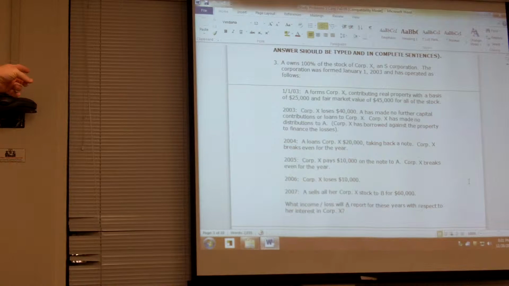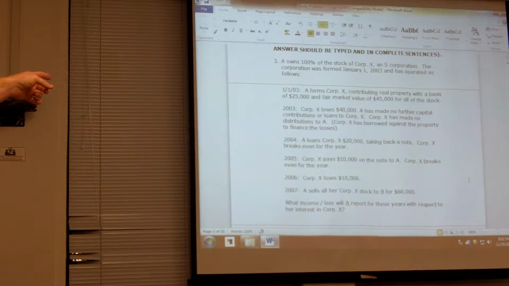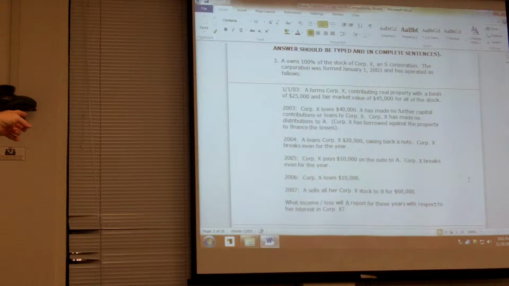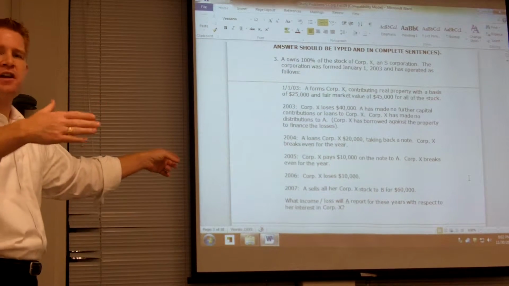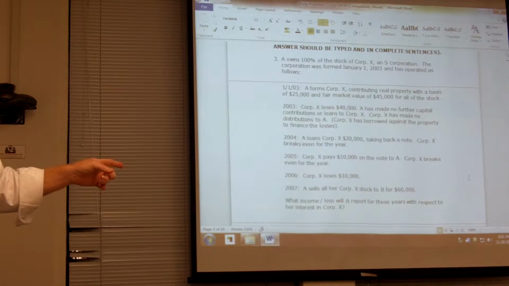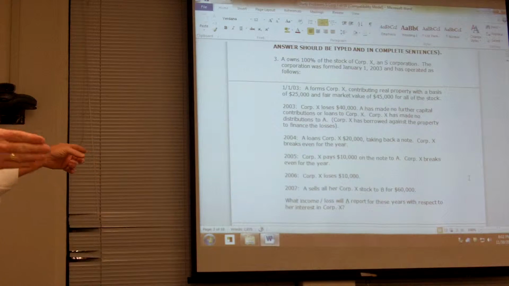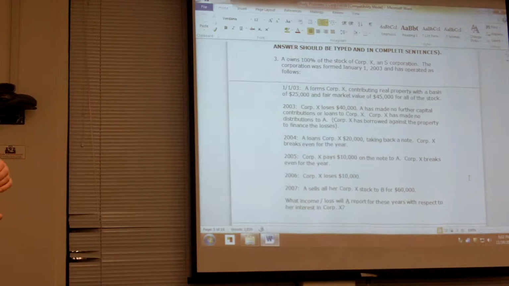So the $40,000 is going to be allocated to the shareholder, right? Can the shareholder take advantage of the $40,000 loss? No, not all of it. Yes, just $25,000 of it, right? What happens to the other 15? Suspended, just like the partnership rule. Suspended carries forward until you have basis. Okay. 2004, A loans the corp